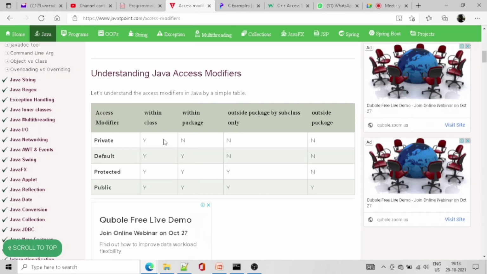In private, for a variable or function, only the class can access it, no one else. If you see it diagonally, everything will be n and everything will be s. So it is easy to memorize.